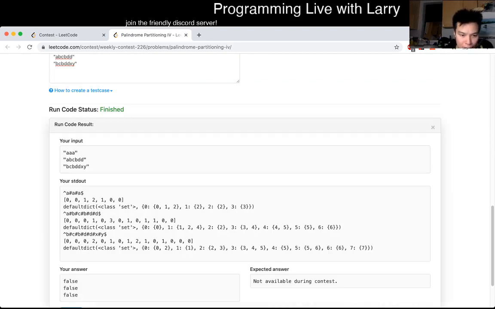Like B, it goes from itself to itself, which is fine. C should go from... I think my problem is the even length ones. I think that's where I'm struggling, where I have the middle one, but then it goes from left to right. So I think I just have to really,